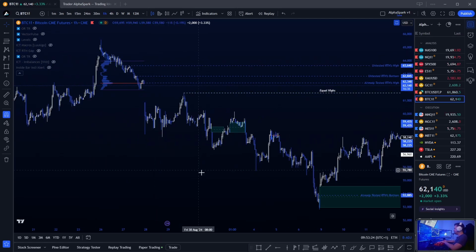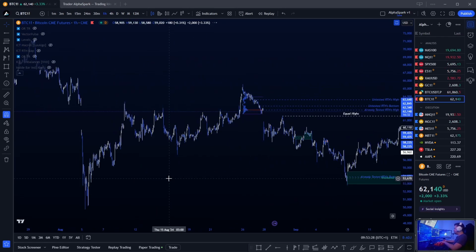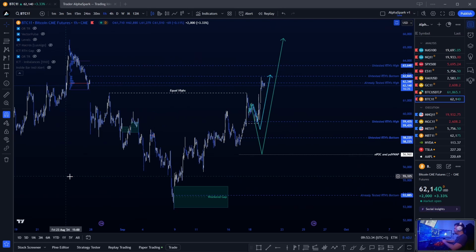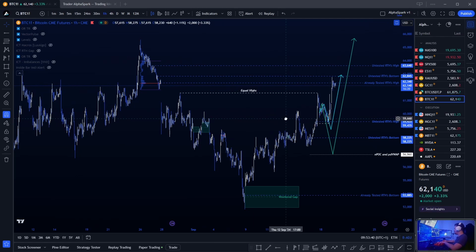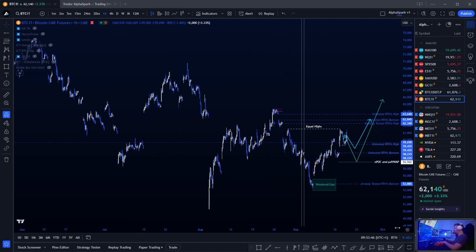And you also had this weekend gap that we now filled. This is what people are usually aware of, inclusively, because there are also indicators on TradingView that mark them out. But another thing to consider are the RTH gaps. So this is the electronic trading hours chart, the normal chart. If you switch to RTH, the chart is only going to show you the price action created by the New York sessions,